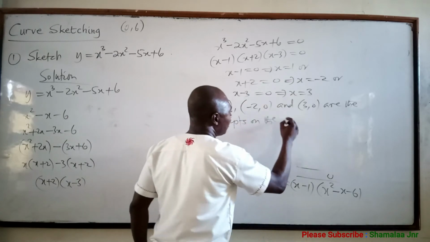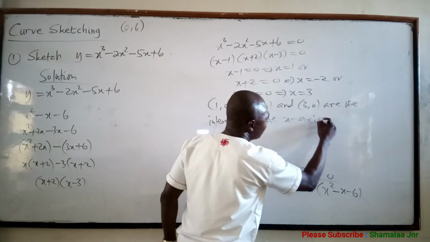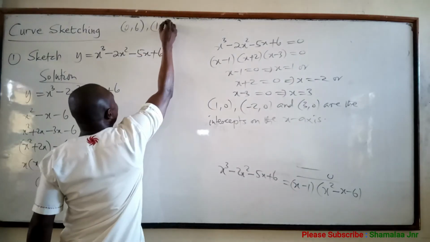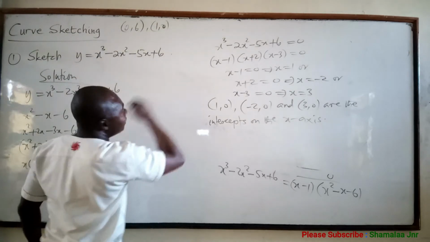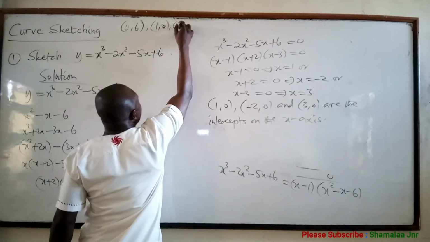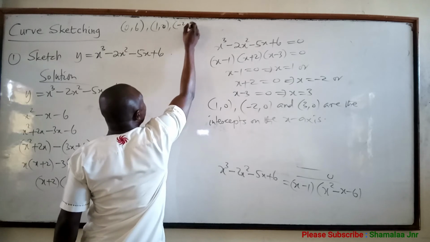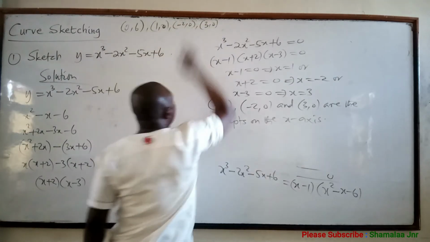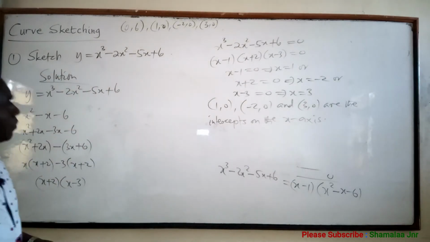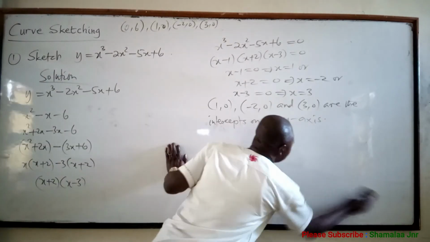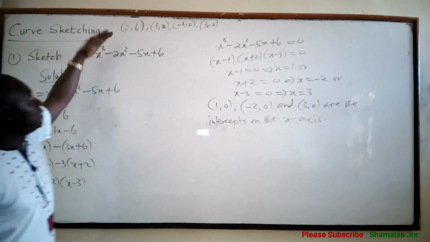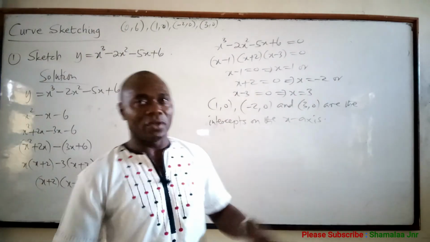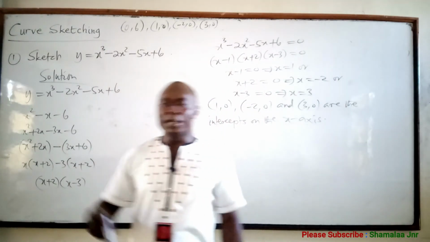On the x-axis. So viewers, let's write these points here. 1, 0. Isn't it? I think they are going to use these points to set the curve. 3, 0. Okay. You have this way. Now I'm able to get the intercept on the y-axis and then the intercepts on the x-axis. Now the next thing is to